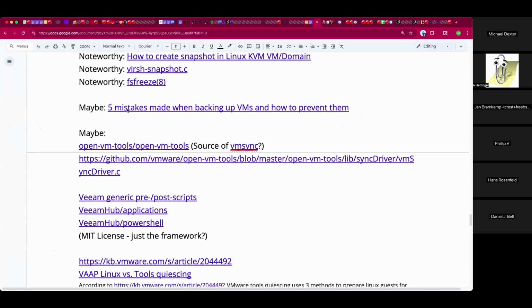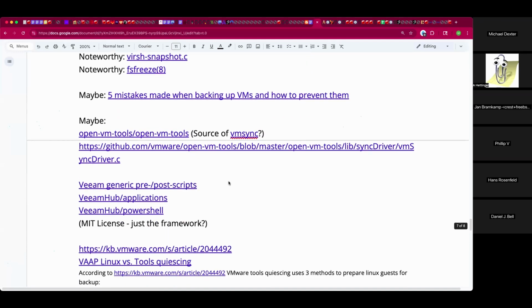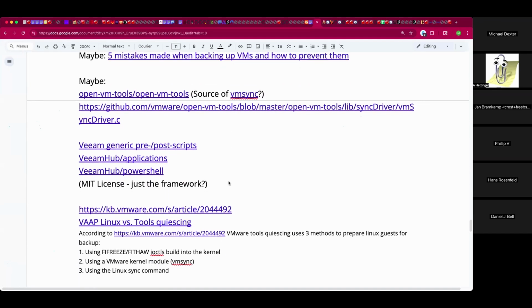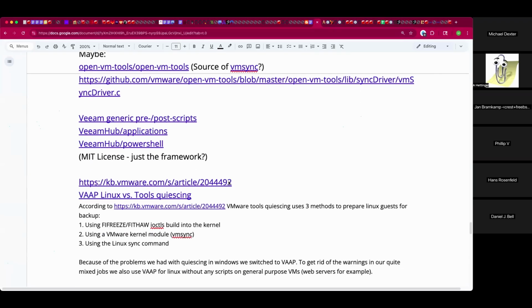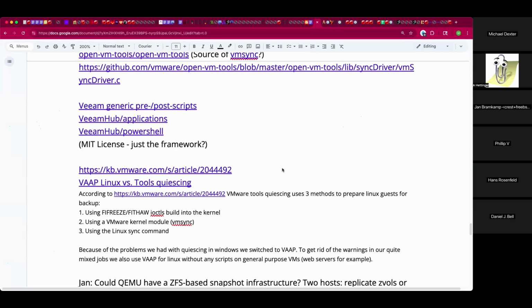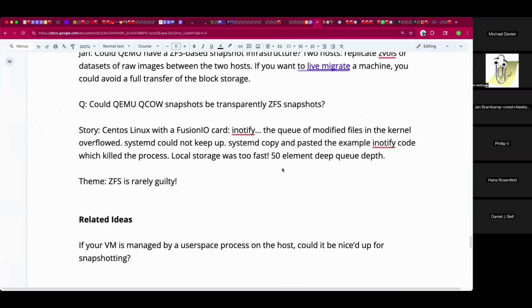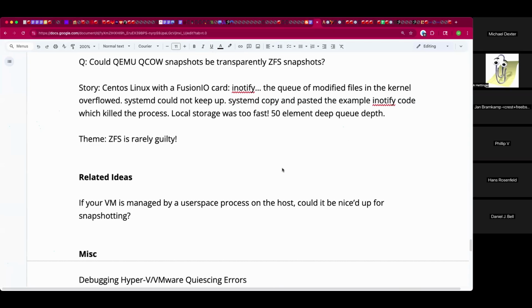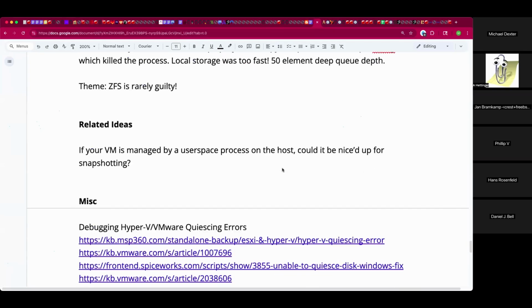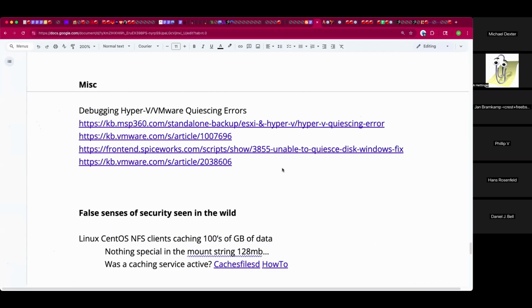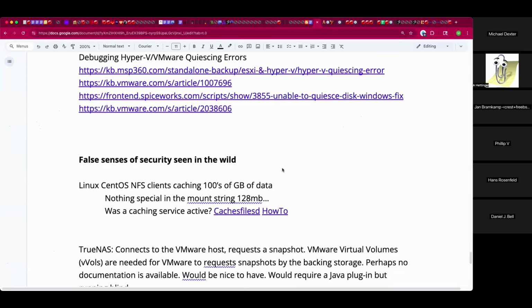So if you want to blow your weekend, you can go through these dozens of links, many of which are probably no longer valid. VMware knowledge base articles on it. Sometimes my previous self surprises me. Wow, you did a lot of work on this. Thanks. You're welcome, because it's the fundamental question in all of this.